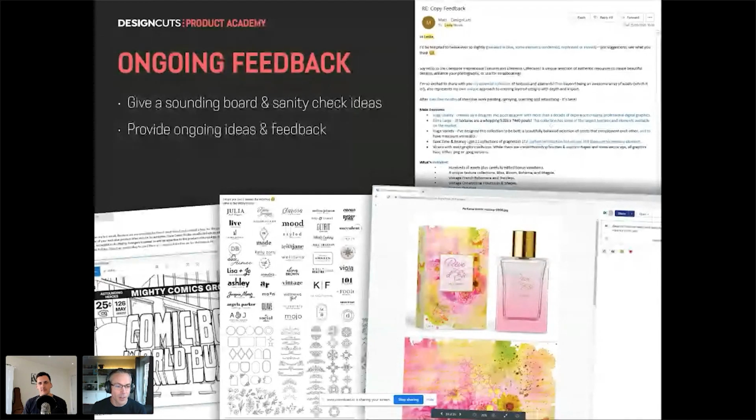And here's Scott sending through the cover of his comic world book and just saying, what do you think of this? And here's Vera from 7th Avenue sending through some design work again. Leslie sending through, which I absolutely love, this perfume bottle. I mean, Leslie, it's just awesome. In terms of bridging textures to commercial designs, you just knocked it out of the park. It's brilliant. So I'm going to give you a couple of examples now of what this ongoing feedback might look like.